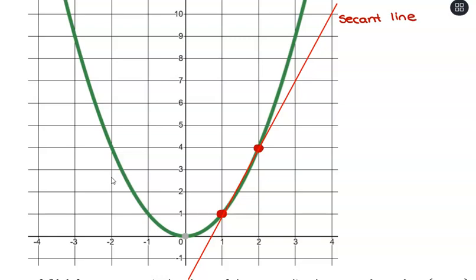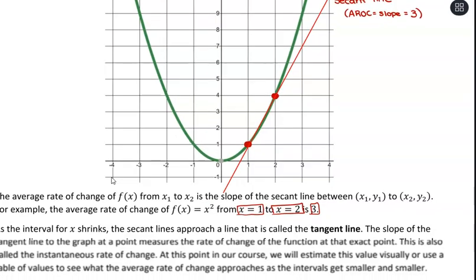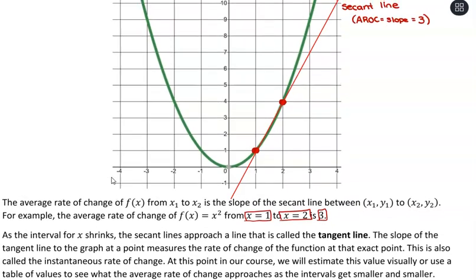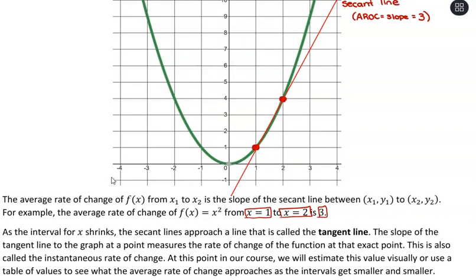And with that, our average rate of change is equal to the slope of that line, and what we're seeing is that it has a slope of 3. So that's what we covered in those last two videos. What we want to talk about here is as that interval shrinks. Right now we have this space, in this case a unit of 1, and as we shrink the space between those two coordinates, it becomes a tangent line. And the slope of that tangent line